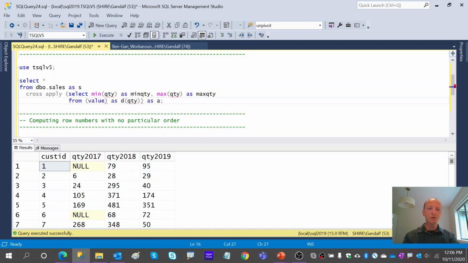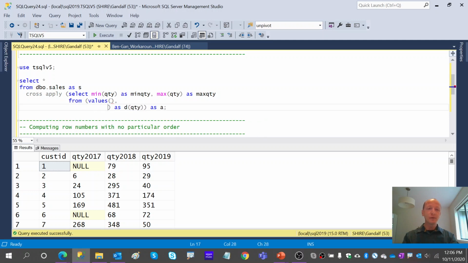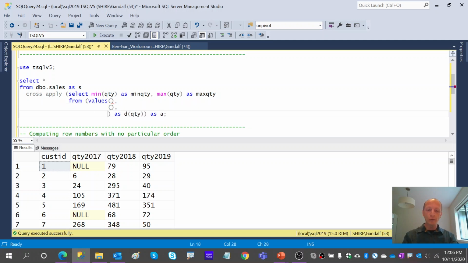So using the VALUES clause, the one that you regularly use in INSERT statements, we can actually build a set of rows where each pair of parentheses represents a different row. So this would be one row, this would be a second row, this would be a third row, and so on. And each row will be made of an element that we will collect from the left row, from S, holding the quantity of the relevant year.